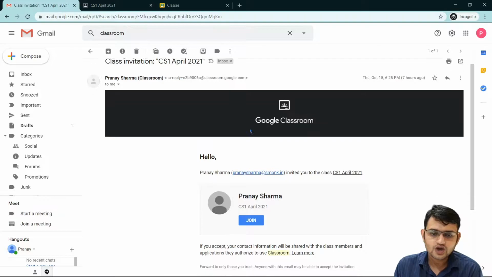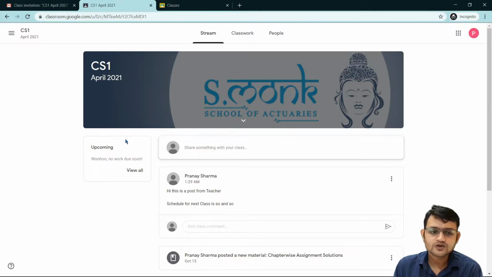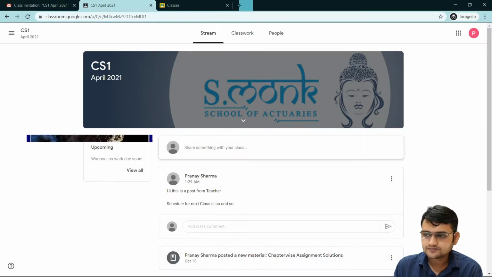Click on it, click join, and it will take you to the Google class. It will ask whether you want to log in with it and whether you want to join the particular class, and after you click yes, this is the page it will open, or a similar page, whichever class we are talking about. Now I'll show you the similar method on your mobile as well.